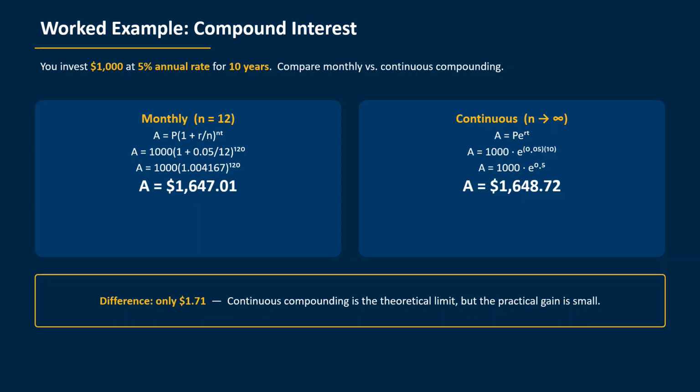This slide presents a worked example of compound interest with real numbers. We are investing $1,000 at an annual interest rate of 5% for 10 years and comparing two compounding methods. With monthly compounding, we use the discrete formula. The base is 1 plus 0.05 divided by 12, and we raise it to the power of 12 times 10, which is 120. Multiplying by the principal of $1,000 gives us approximately